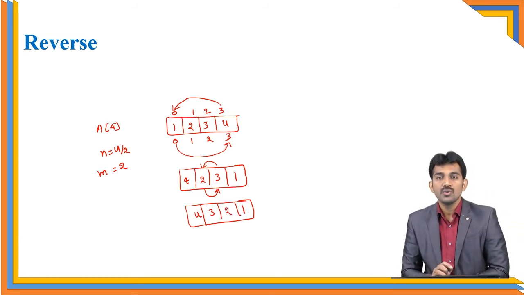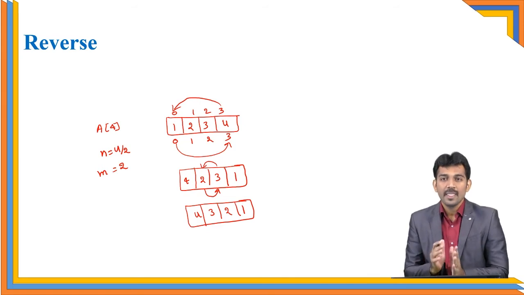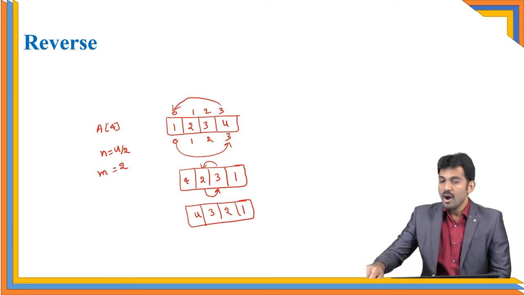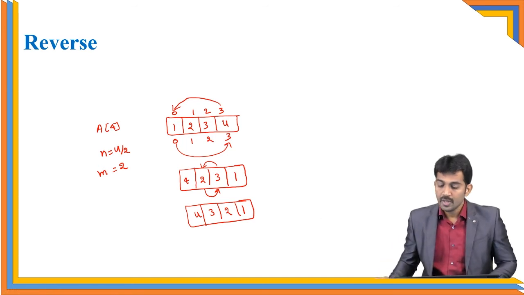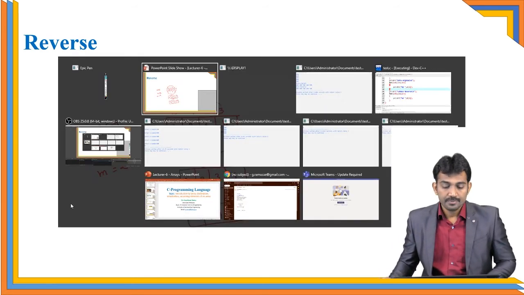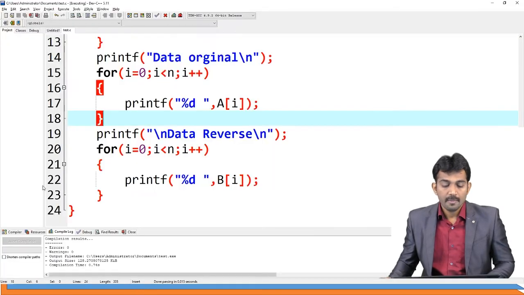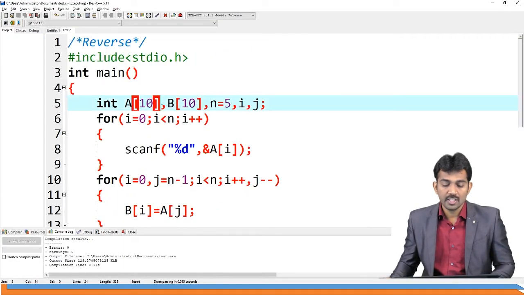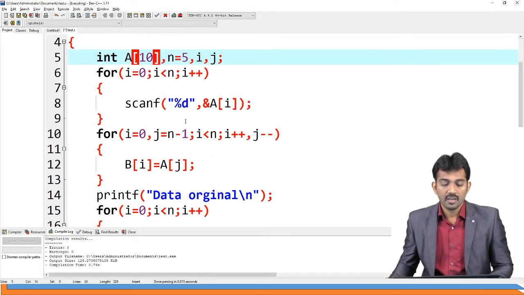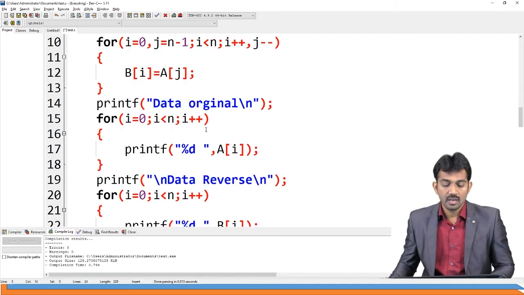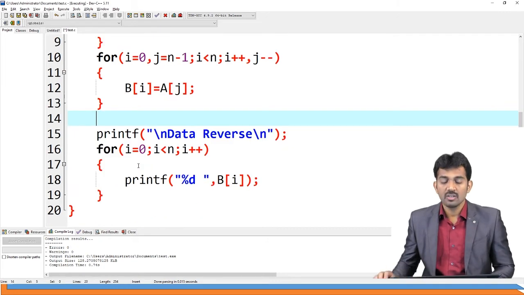This is the code for changing the data in the same array without using an extra array. I'm going to perform this operation here. I don't want the b array; the extra b array is not required here, so I'm going to remove it. Now the original data is lost, because we are performing the operation in the same array.